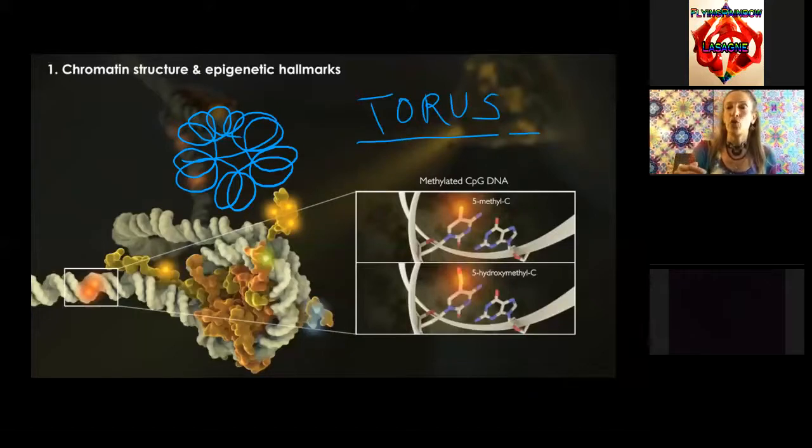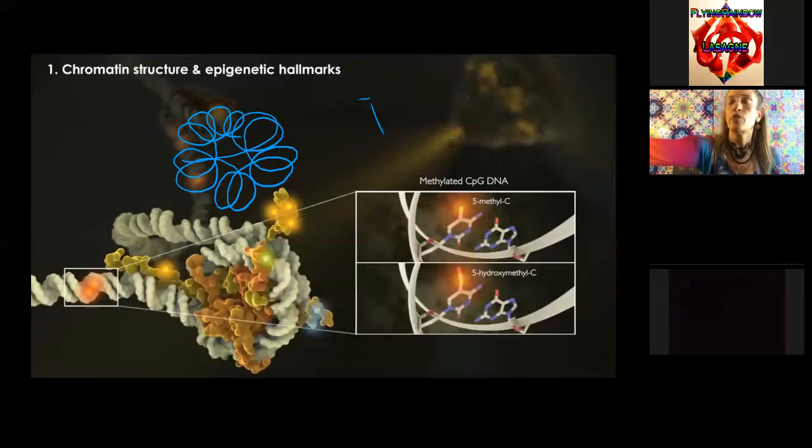And we have that torus represented in what's called methylation. This is how tightly coiled and how many times around each little histone the DNA is coiled. And it is also expressed in supercoiling. So supercoiling occurs when we take one of these DNA strands like this, and we start to add energy to it by twisting it up.